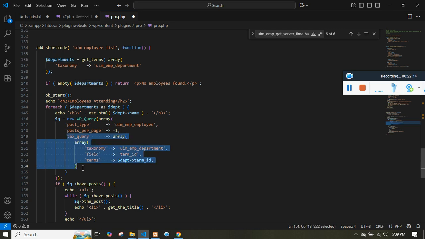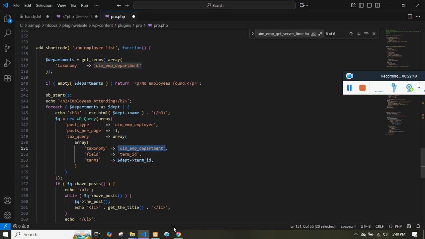So you can see tax query is actually array inside array. We have an array, and inside the array we are passing the taxonomy, and we are saying that there would be taxonomy. The taxonomy, we need to match it with the term ID. So that's the reason why we are saying field is equal to term ID, and we are passing the term ID as a reference to the